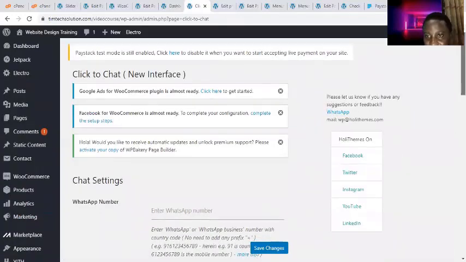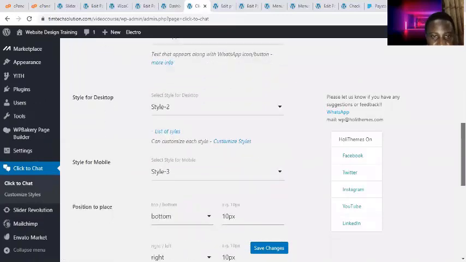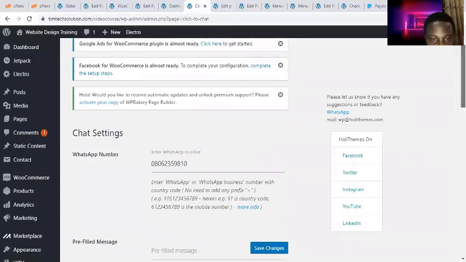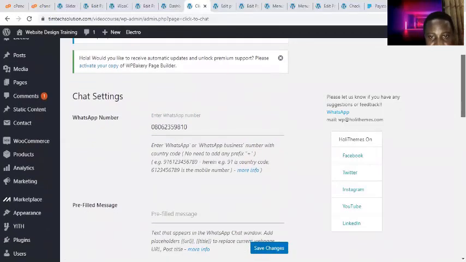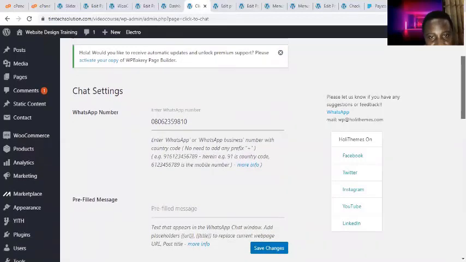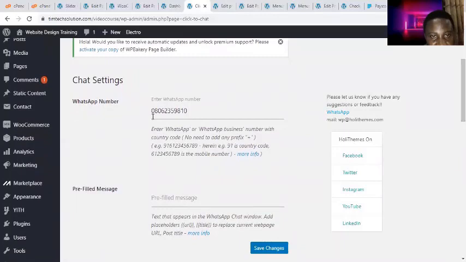All right, so come up here and enter WhatsApp number. Provide the WhatsApp number that you want there. Enter your WhatsApp or WhatsApp Business number with country code. Remember the country code. No need to add any prefix plus. All right, so come down and